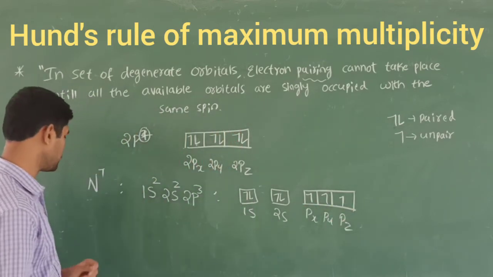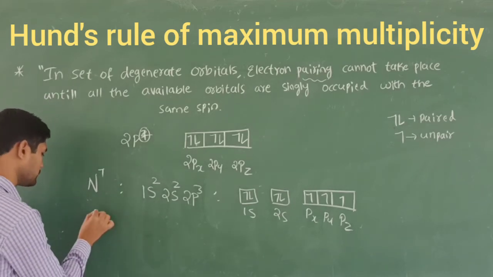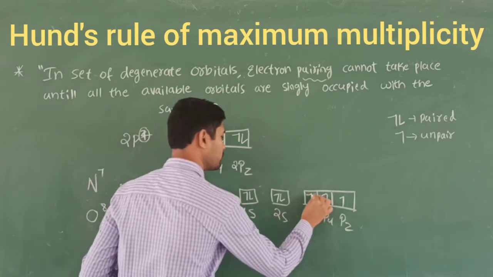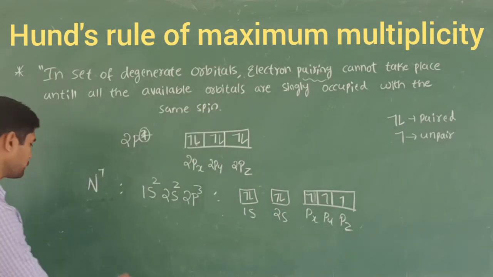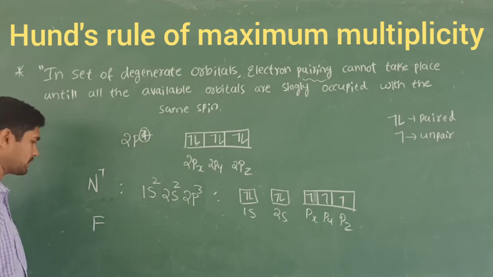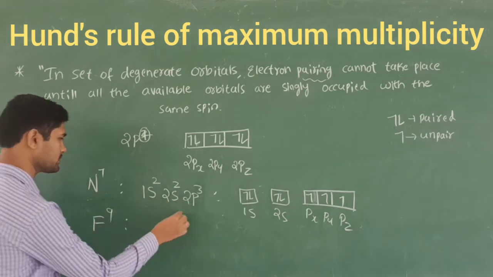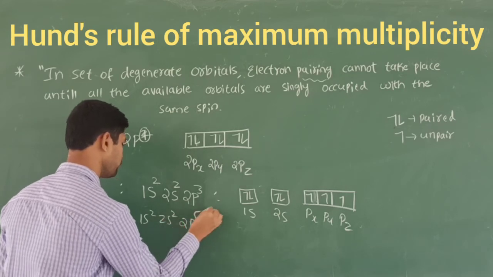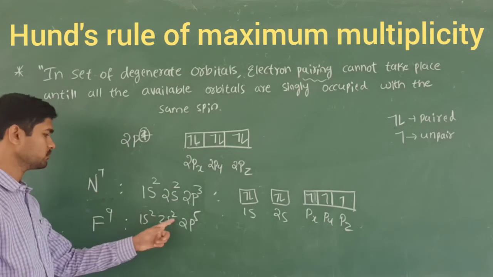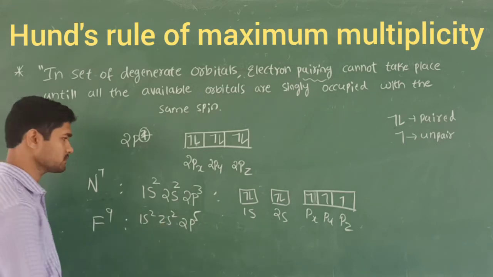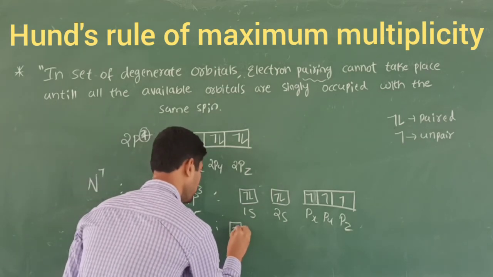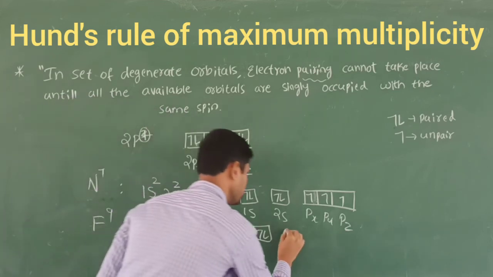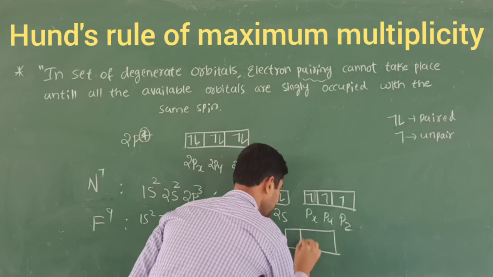Suppose I take one example, oxygen. Oxygen means 8 electrons will be there. So what happens with 8? 1 electron I am going to write like this. Now I take an example, fluorine. Fluorine contains 9 electrons, right? Similarly, everything is the same: 1s2, 2s2, 2p5 will be there. F9 means 2 plus 2 is 4, 4 plus 5 is 9. So how should I write? This is 1s2, 2s2, next 2p5. First I should write the degenerate orbitals of the subshell.